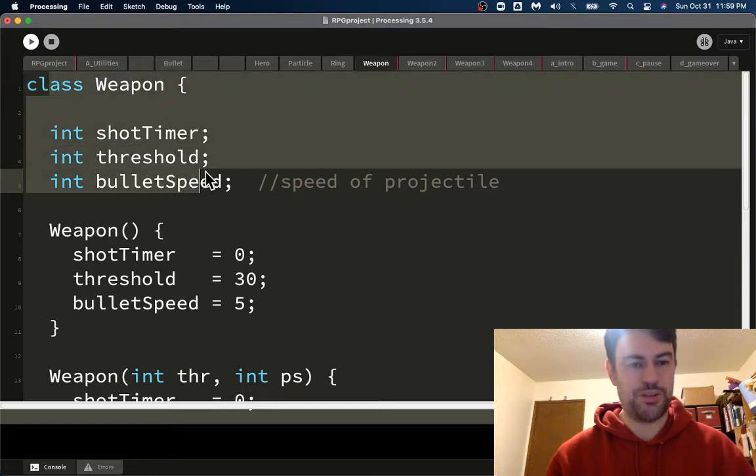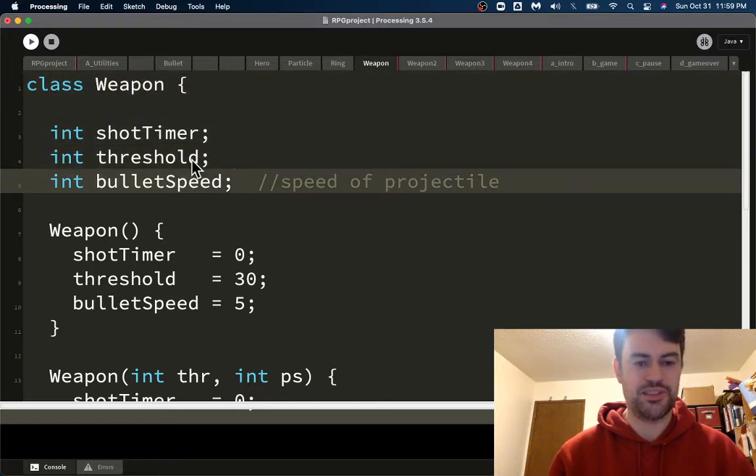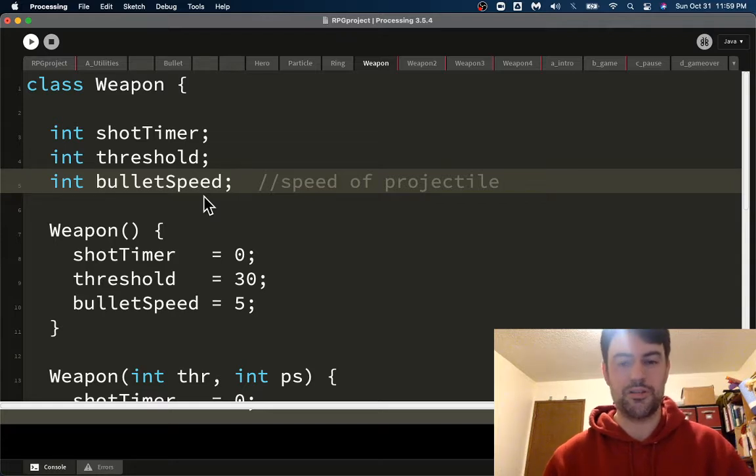So here's the story. You're going to make a weapon class, and we'll talk about what this is going to have, but most of this code is not new to you. It's just we haven't put it into a class before. This used to be just part of our ship code, but now we're going to stick it into a class. And the reason is because we want to have a variety of different ways to shoot. This could be like magic spells,